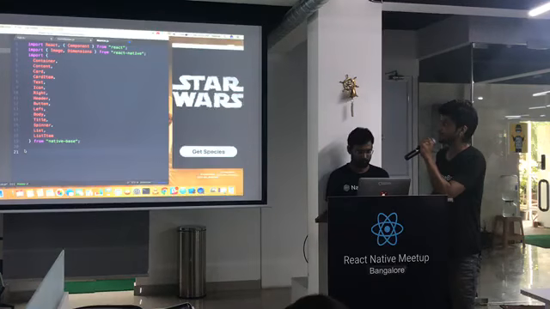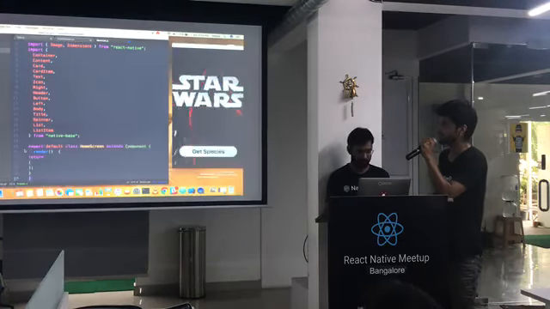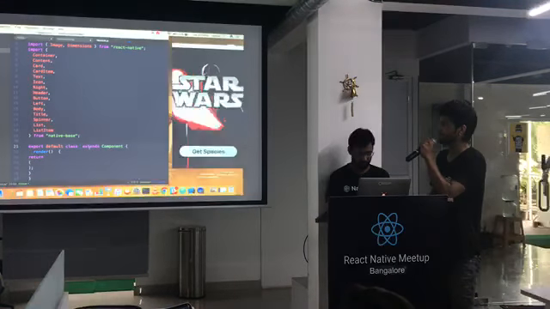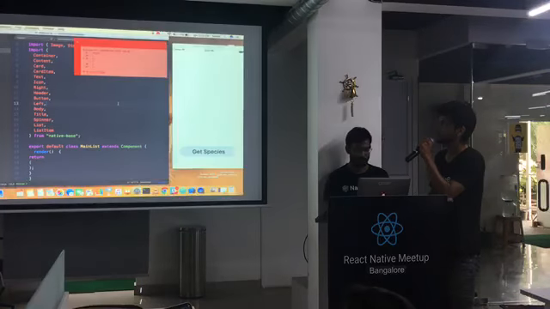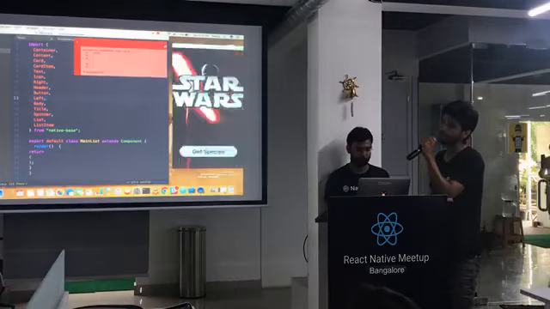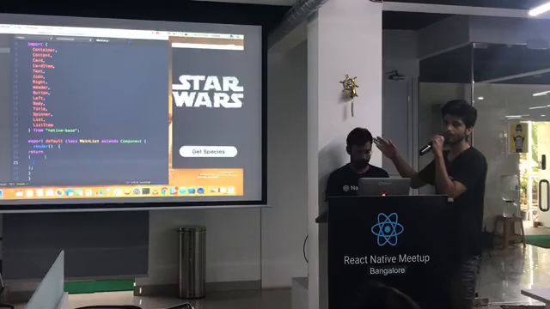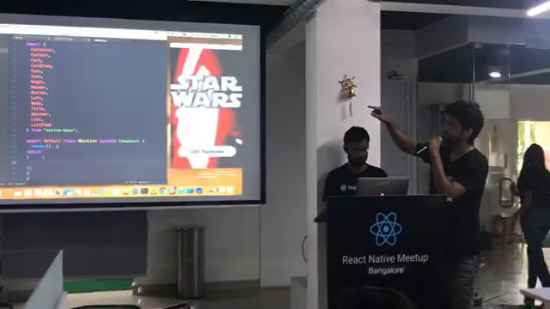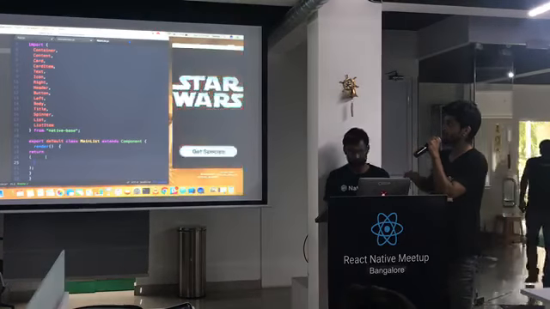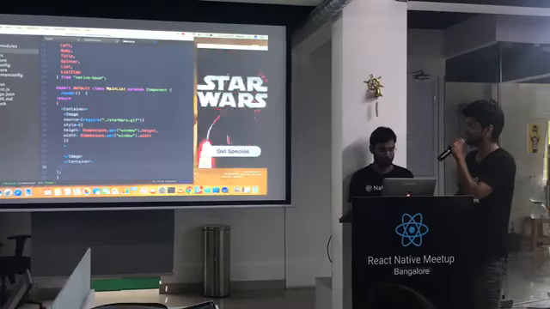Alright, so next we are going to make a class called mainList.js. Just edit. It's throwing an error. That's because we are not actually returning anything from this component. I guess these concepts are clear by now, the concept of component and everything else. These tags that you see on the top are actually NativeBase components that we are going to be using instead of the view that was mentioned.